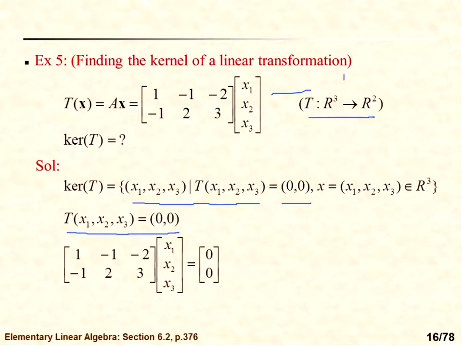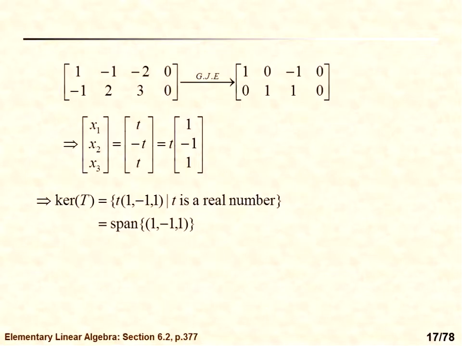So transformation of x1, x2, x3 is given from equation number 1. This is equation number 1. So the transformation is on the left side, it is given, and we know from the equation of the kernel it is equal to 0. So we can find the value of the